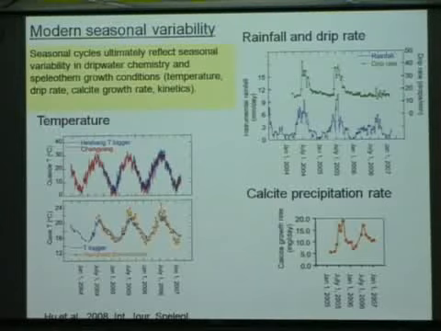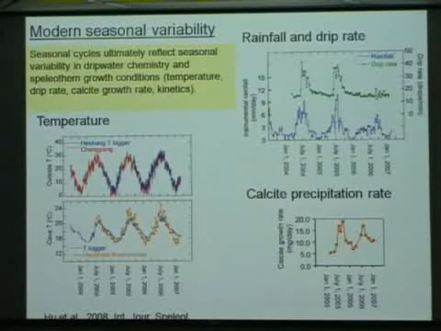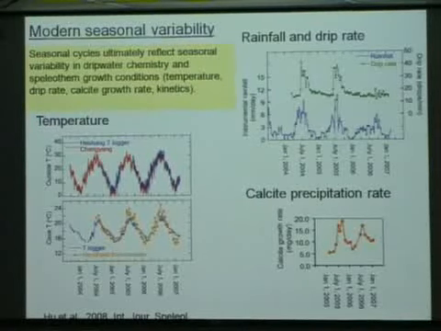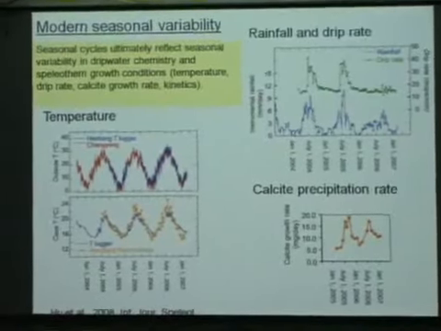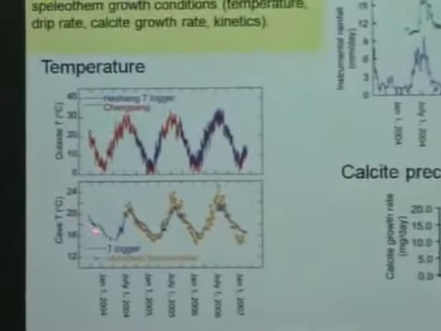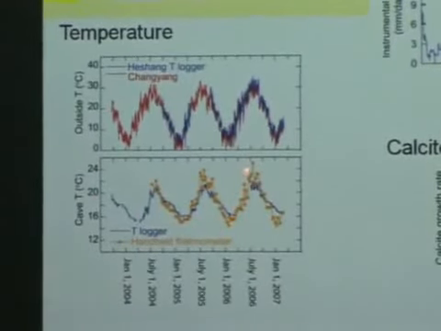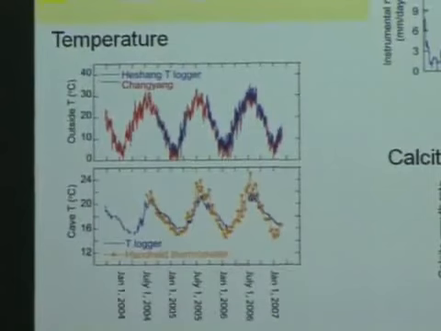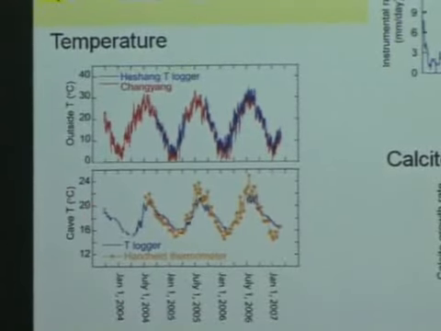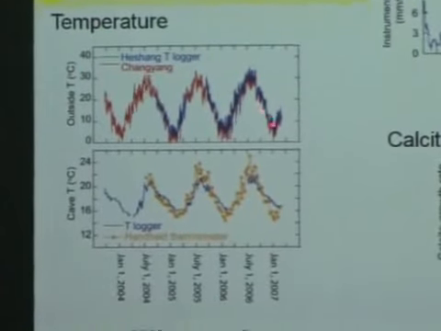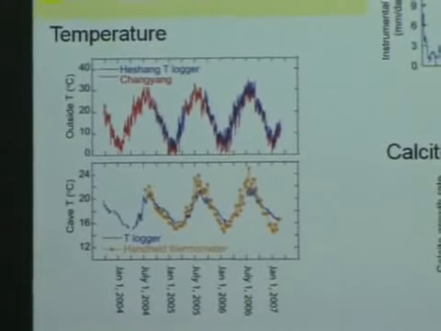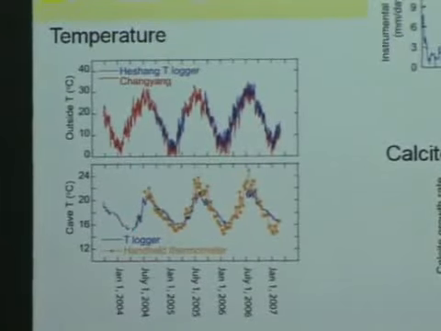These seasonal cycles in the speleothem are likely to reflect seasonal changes which might be happening in the cave system. So when we look at the climate and environment of the modern cave system, we see a very clear temperature cycle. Because it's a fairly shallow and open cave, it does have about a 6 degree Celsius temperature cycle, which is directly in phase with the temperature outside the cave, shown up here, but damped relative to that signal.